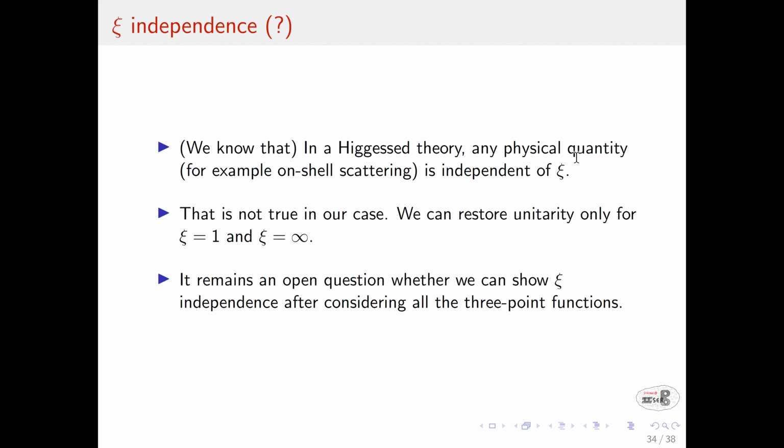A second question you may ask at this point is that, as you know from the spontaneous Higgs mechanism, in the case of WW photon, I cannot pick and choose 3-point functions. The 3-point function is coming from Yang-Mills theory. I have to take the full 3-point function to show Xi independence. For any other 3-point function, I cannot prove it. In this case, in the absence of a Lagrangian, I ad hocly chose one particular 3-point function and I did the computation.